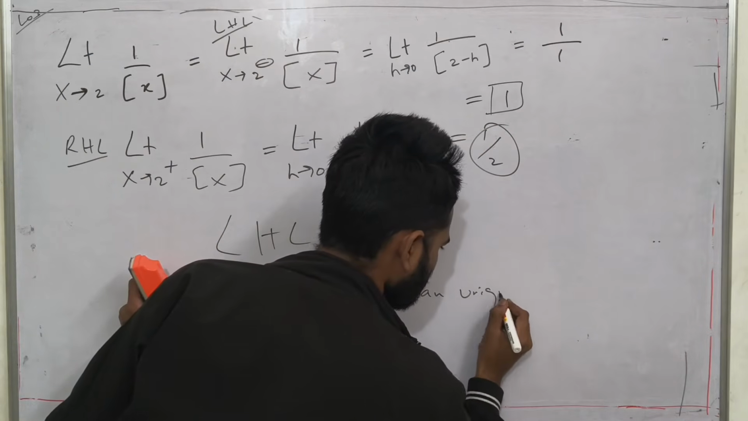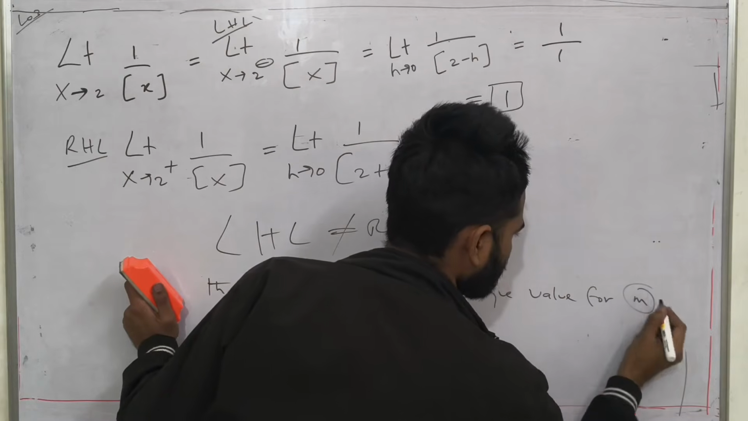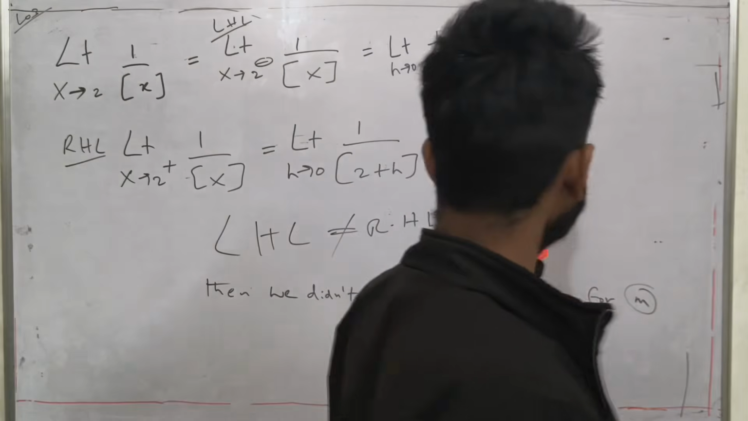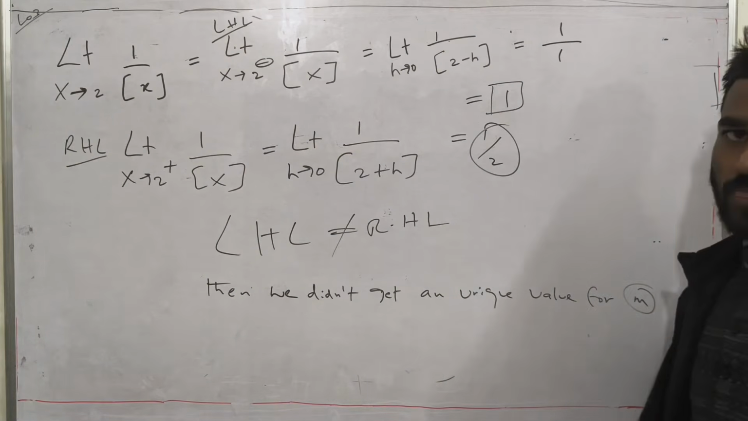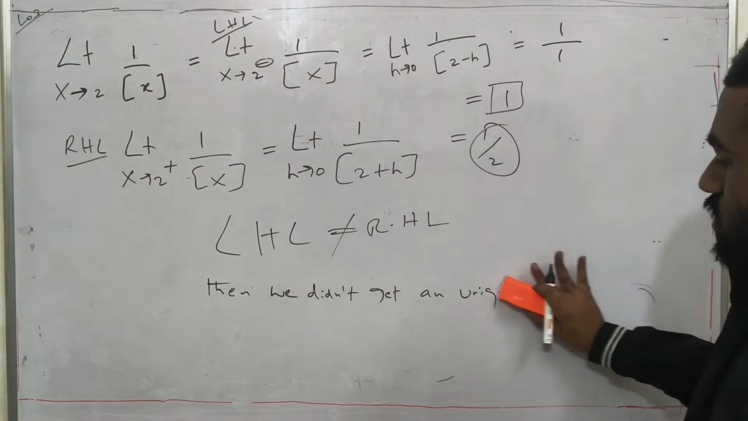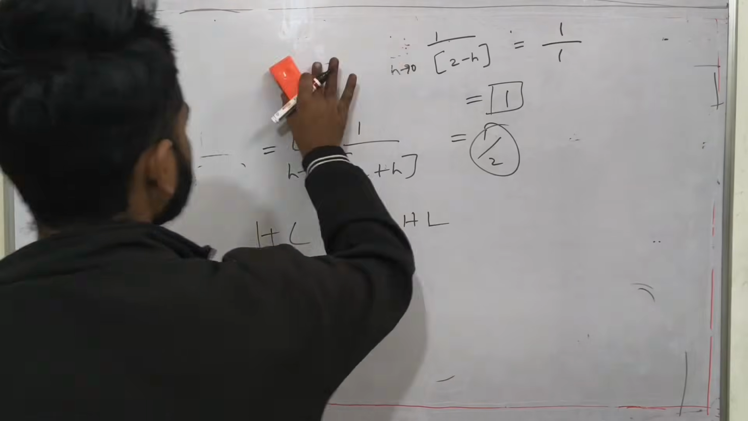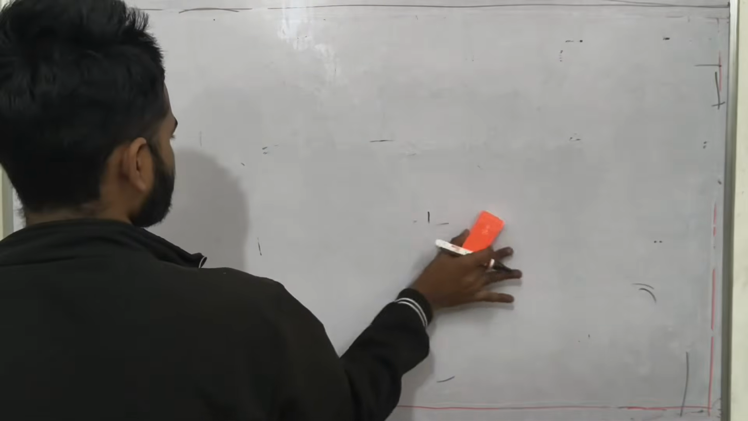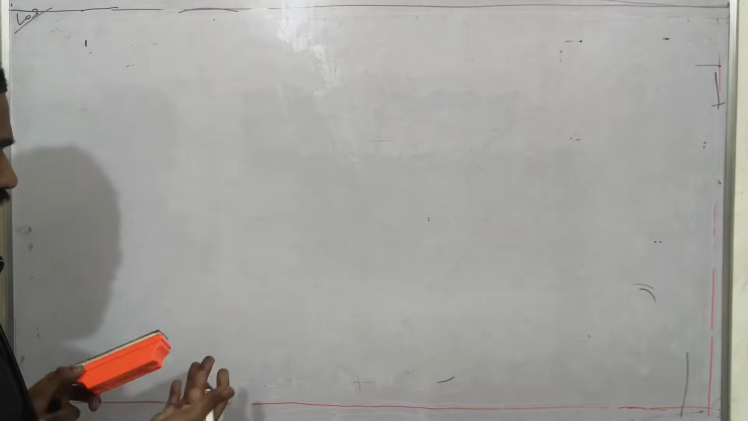an unique value for m. Okay, once we got left hand limit is 1 and right hand limit is 1 by 2, so we don't have any unique value, two values, so the limit does not exist. Now what we can say, now the question is,